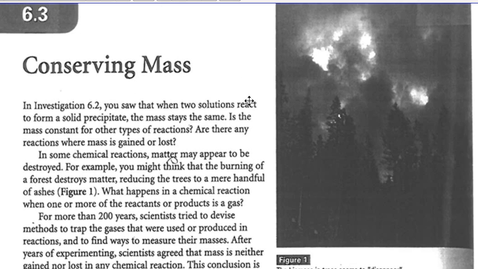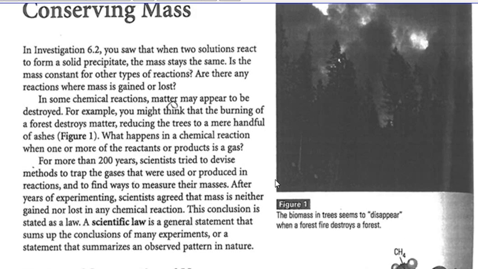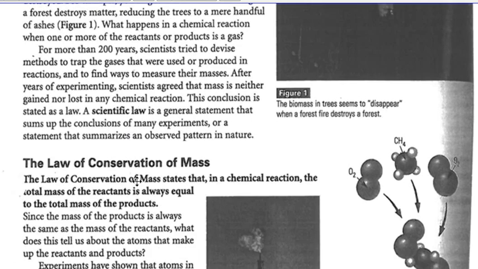So looking at this, Conserving Mass, of course, during a forest fire, it appears that when logs burn, they're gone. They produce a lot of fire and heat energy, and it looks like things are destroyed, but actually they're not. Things seem to disappear when a forest fire destroys a forest, but really the law of conservation of mass says that